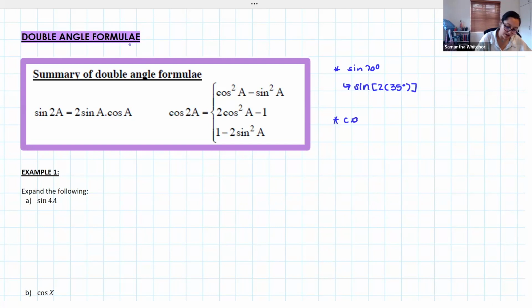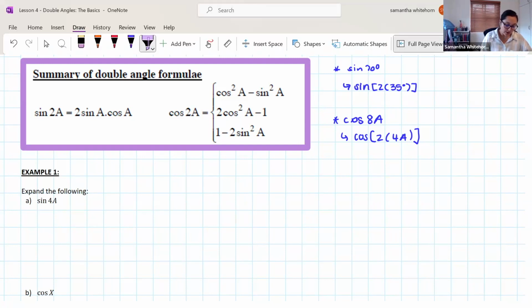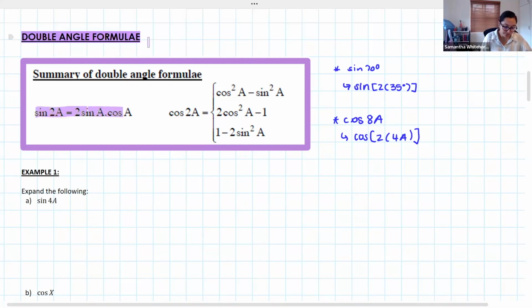Something like cos of, I don't know, 8a could be written as the double angle of cos of 2 times 4a. We can break any angle we're working with into a double angle, an angle multiplied twice to get that resultant angle. And this is essentially the skill that we're going to use now when we start to have a look at this stuff. So your double angles, just quickly, sine of a double angle can be expanded to 2 sine a